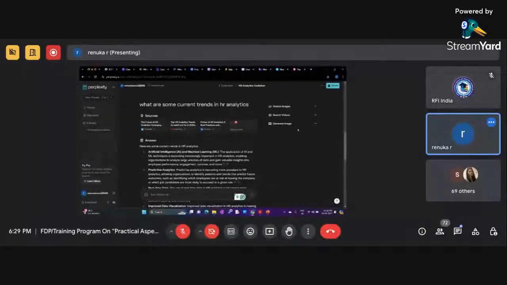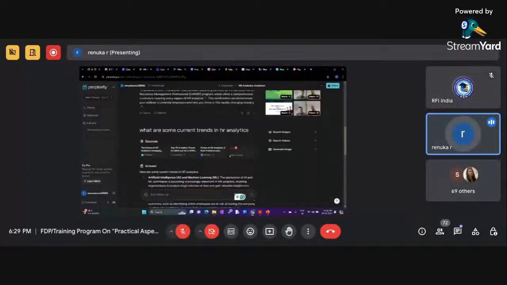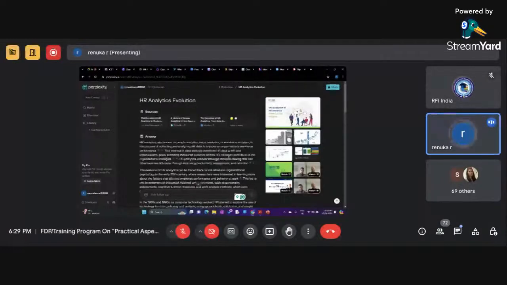So in this way, we can use perplexity.ai and try the questions, or get the answer for any question or any topic if you want to search, and we can get the sources. We can generate the images, we can see the videos, everything we can do, and we can add it to our collection. That means, for example,